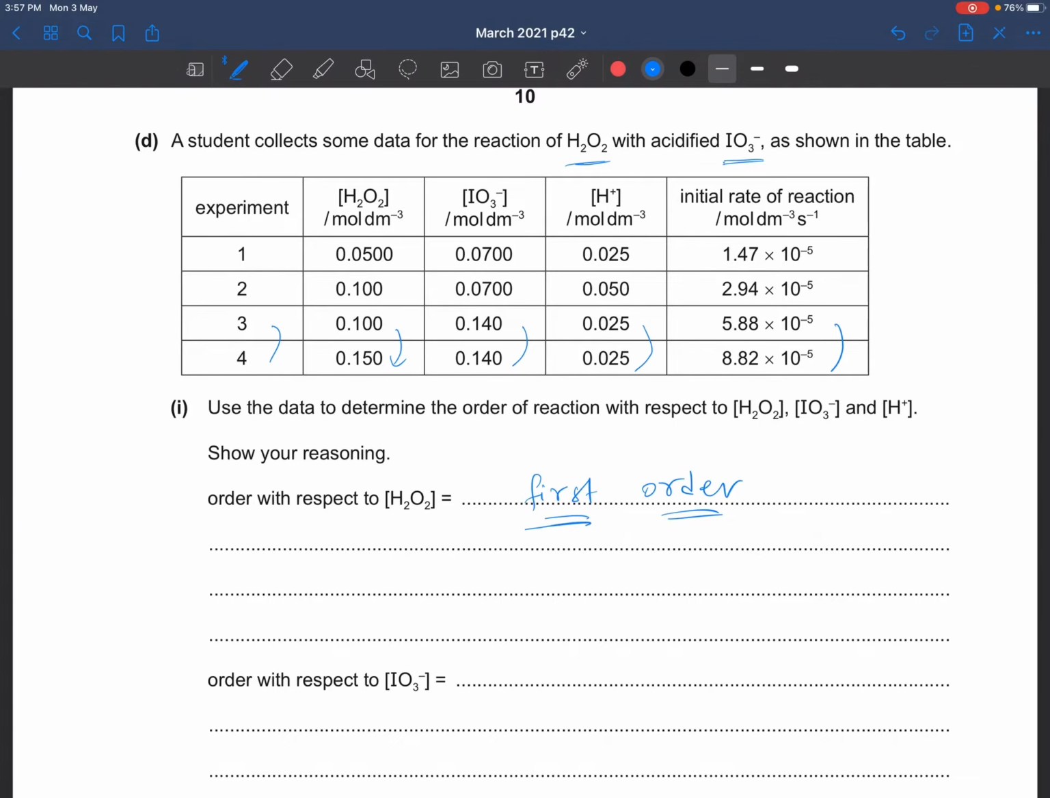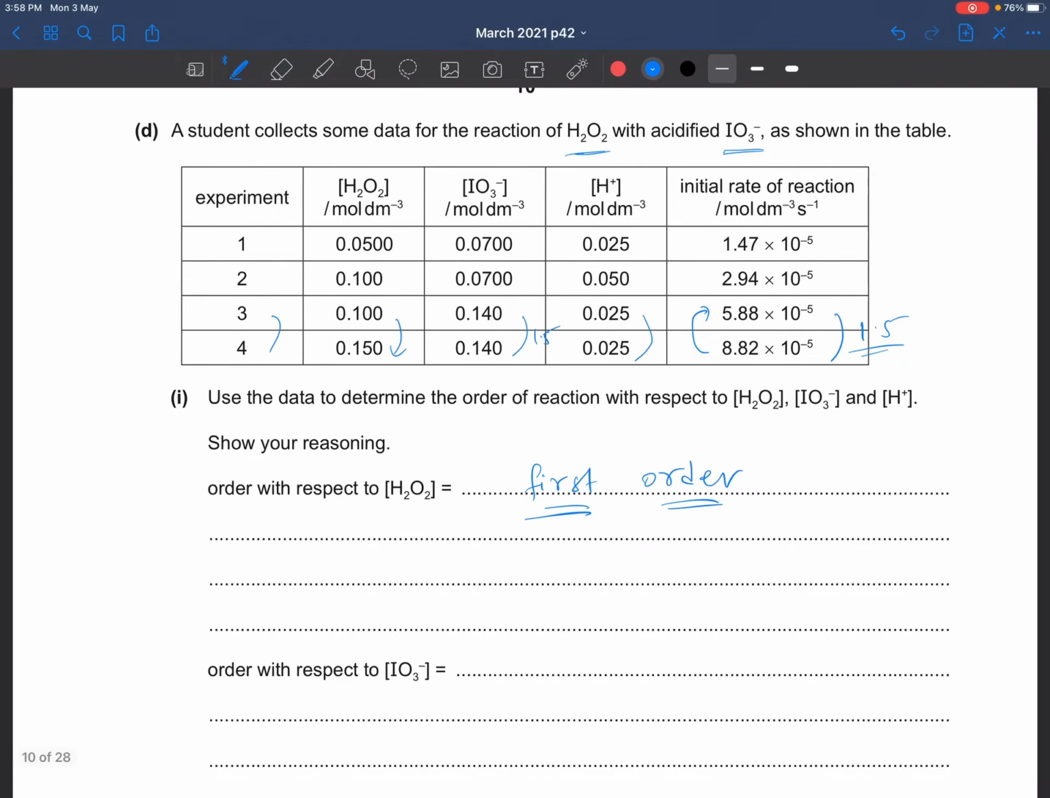You can just solve it by yourself. And with respect to IO3 minus, this is 1.5 times and this is also 1.5 times. If you divide this 8.82 by 5.88, you get 1.5 as the answer. Now for IO3